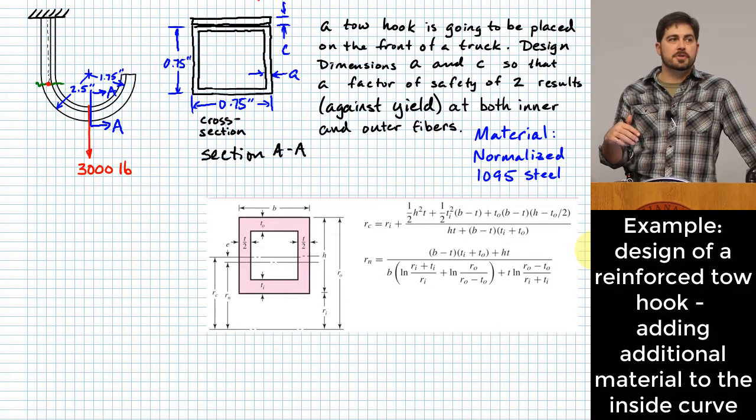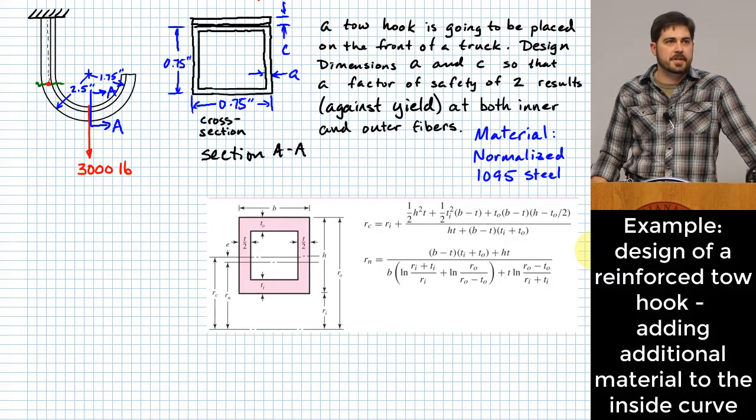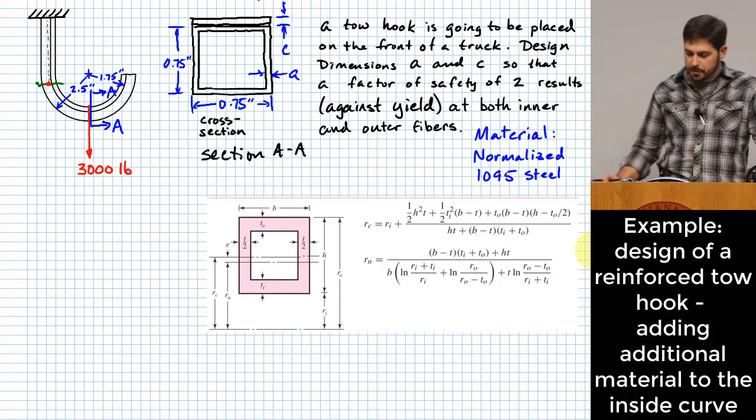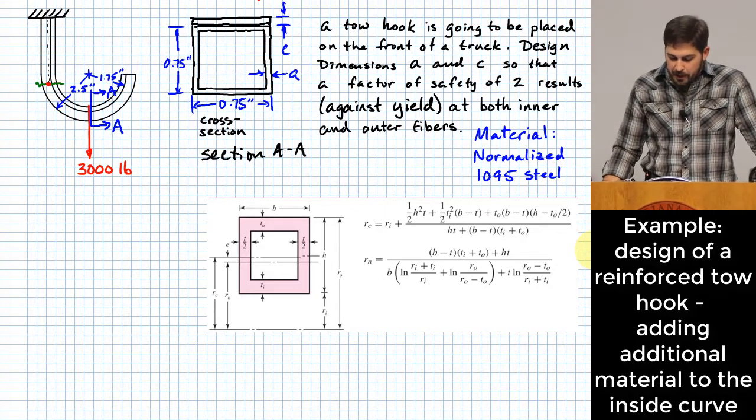In other words, we don't have to just use a rectangle. We can change and maybe add more material toward the inside, for instance, of a cross section in order to support the stress where it is located. Okay, so what we're doing for this particular problem is we're taking a square tube,